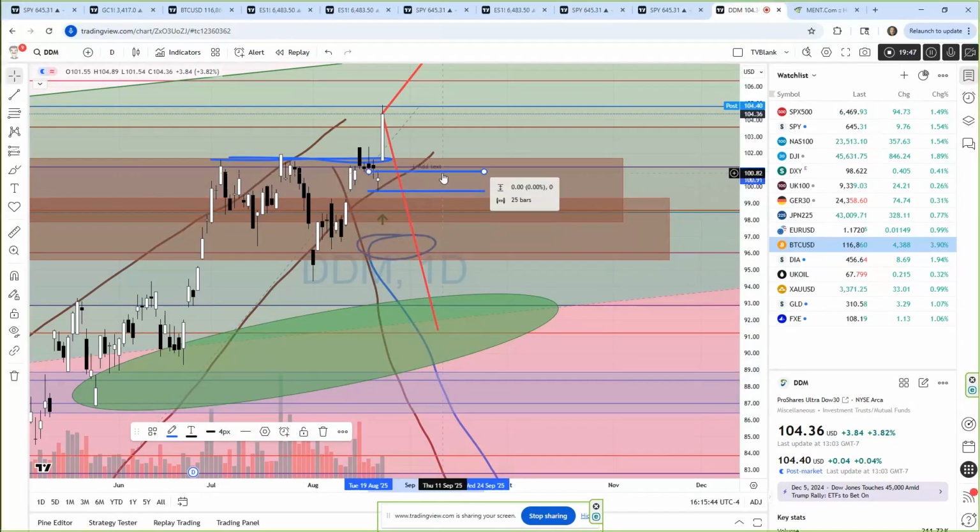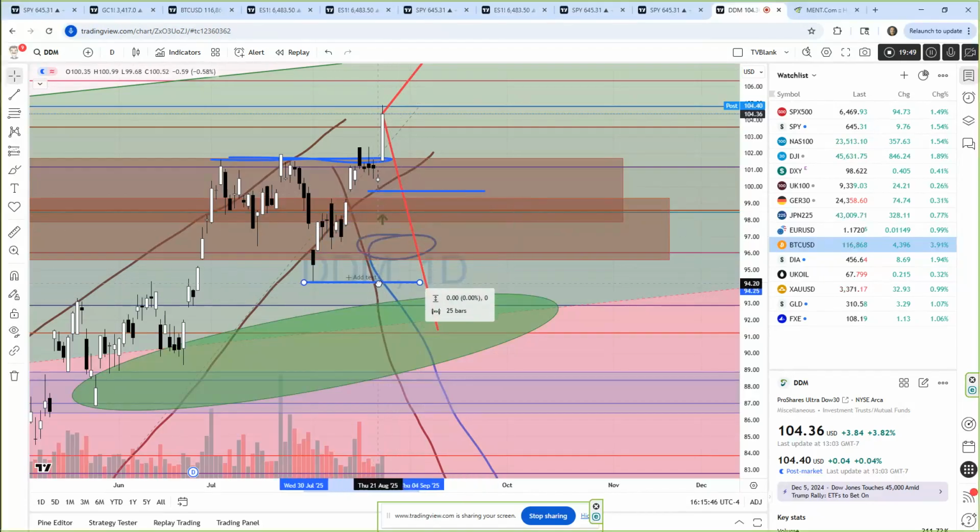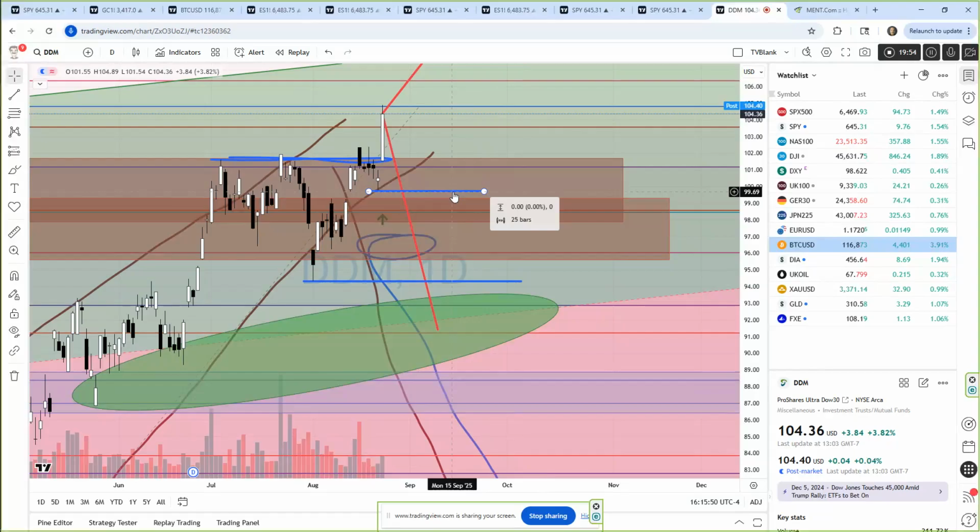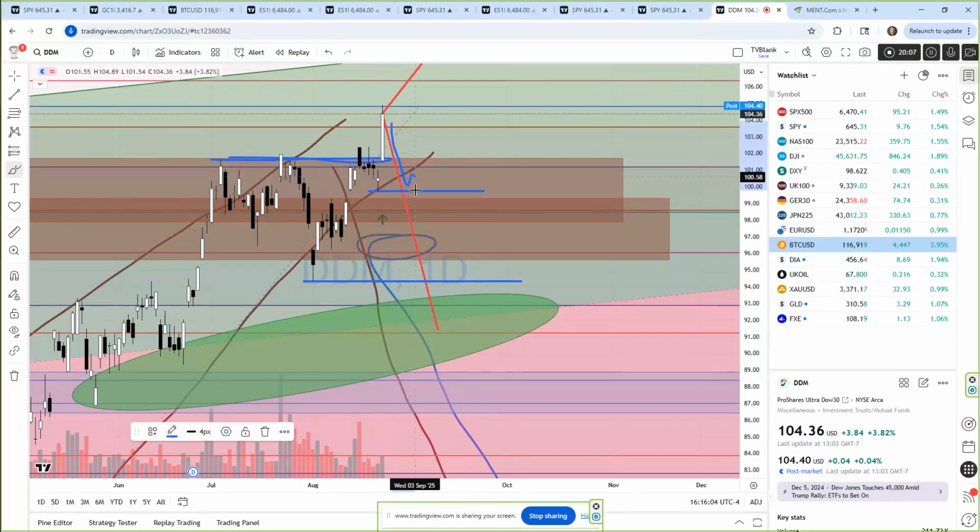So we could move into short-term bearish trending if we get below this level, 99.69, or we could get into intermediate term downward trending if we get below this level, 94.31. And like I said, that gives you an idea. If we break down and get below this level, this is short-term downward trending, likely to come down here. If we get below this level, then we are in intermediate term downward trending.